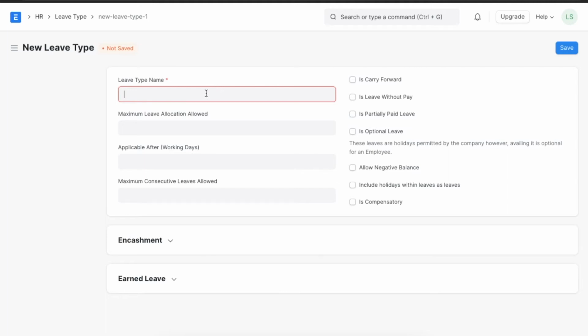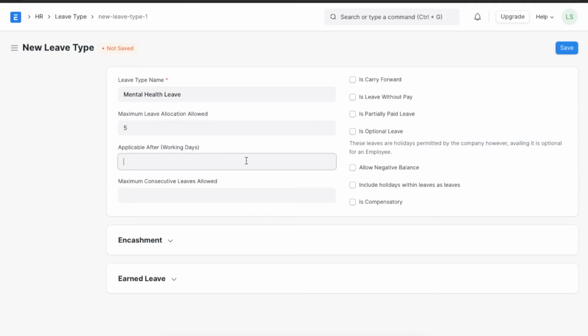All leave types can be customized using various preferences. Once we name the leave type and add the maximum number of leaves allowed for this period, let's say 5, we can customize it further. If there is a stipulated number of days the employee has to work before which this leave can be availed, then we can mention that in Applicable After.